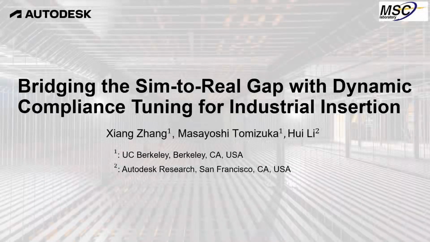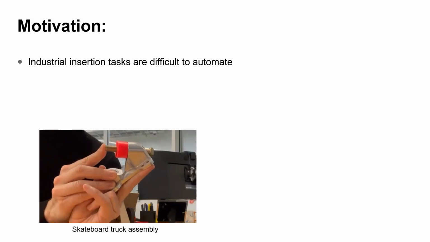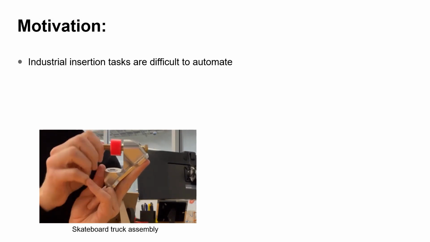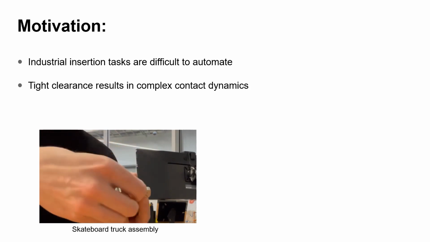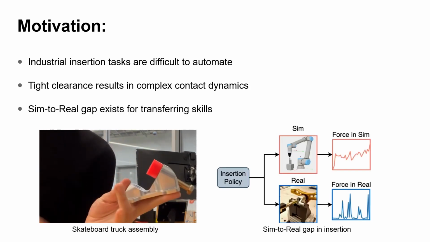This video supplies our ICRA 24 submission, bridging the sim-to-real gap with dynamic compliance tuning for industrial insertion. Industrial insertion is challenging to automate due to the tight clearance. The video below shows an example of this assembly task, which is difficult even for human operators. This tight clearance results in complex contact dynamics, and a sim-to-real gap exists for transferring the robot skills from simulation